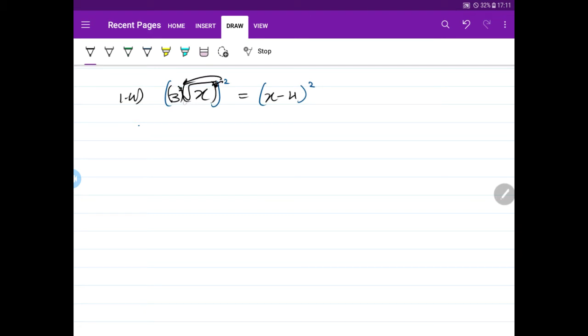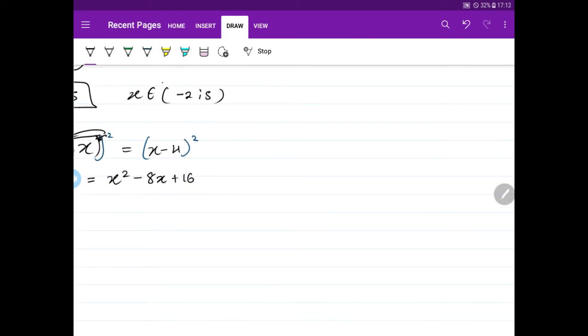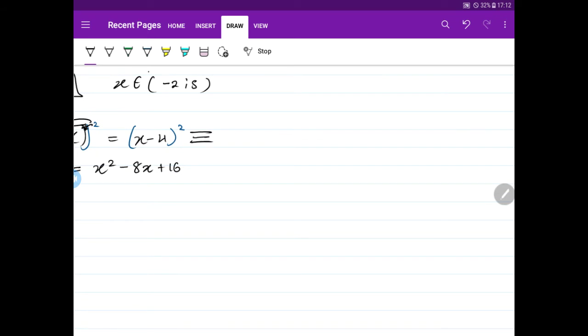If you're bracketing both separately, we get 9, and the square of the square root of x is just x, is equal to... and here we're squaring a binomial: x squared minus 2 times 4 times x, which is -8x, and -4 squared is 16. If you're uncomfortable squaring a binomial like that, the way I did using the rule, then you're most welcome. This is identical to saying,